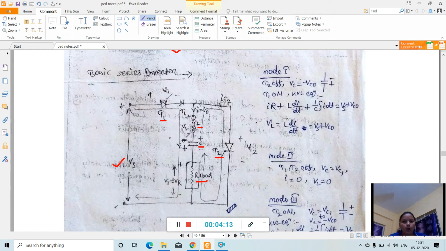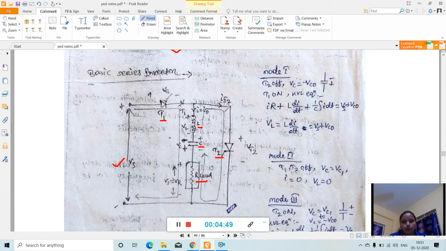Here T1 and T2 thyristors are turned on and operated alternately. Already I told you, see here T1 and T2 are connected in series with the source. So if we turn on these two thyristors at the same time, then this path will be short circuited. So we should not turn on these two thyristors simultaneously. At a particular time T1 will turn on, at that time T2 will be off, and when T2 is turned on, then T1 will be off. Okay, so it consists of three modes of operation.